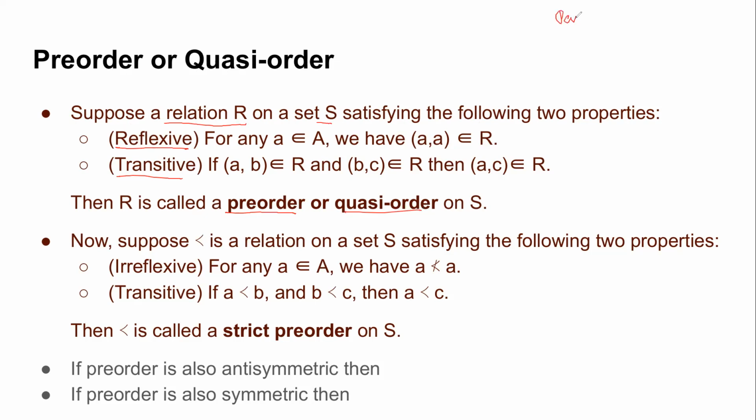Just for your reference, I will write here partial order. Partial order was reflexive, anti-symmetric, and transitive. But any relation which satisfies just reflexive and transitive is known as a pre-order or Cauchy order. Can you give me any examples of Cauchy order on general sets? I don't want to tailor sets around it, just general relations. I guess Faisal yesterday mentioned one, and Hasib also mentioned one. So anyone, a relation which is reflexive as well as transitive.